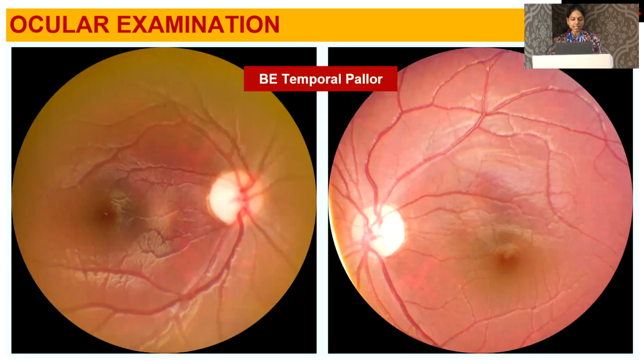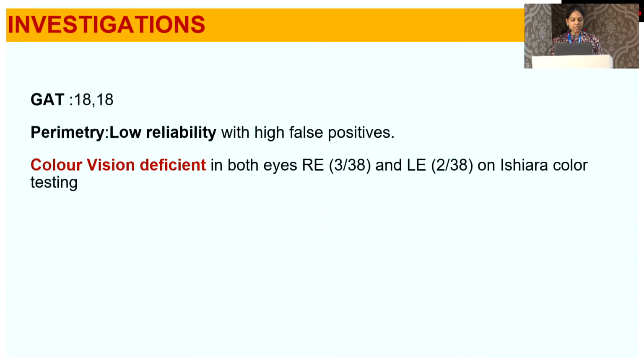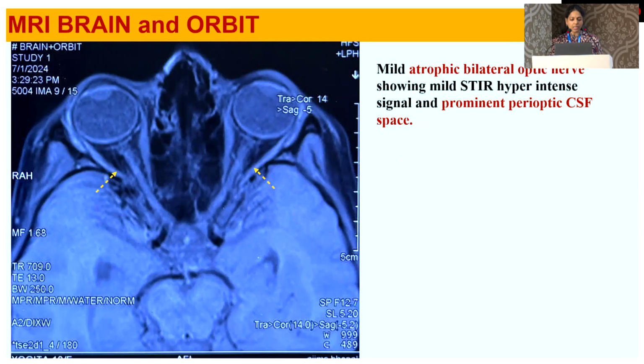Coming to the fundus examination, both eyes showed temporal pallor. Coming to the investigations, GAT is normal, perimetry showed low reliability, and color vision is deficient in both eyes. Coming to the MRI brain and orbit, the mild atrophic bilateral optic nerves showed mild STIR hyperintense signal and